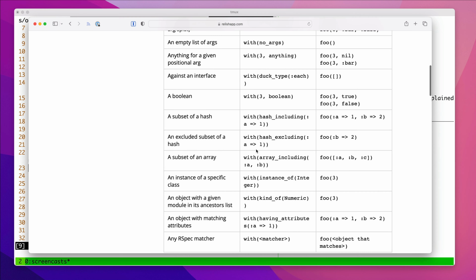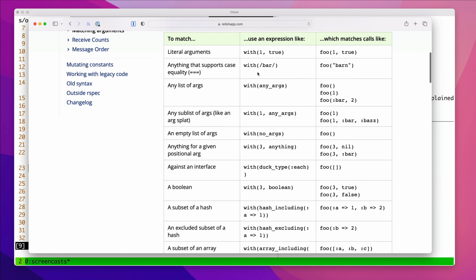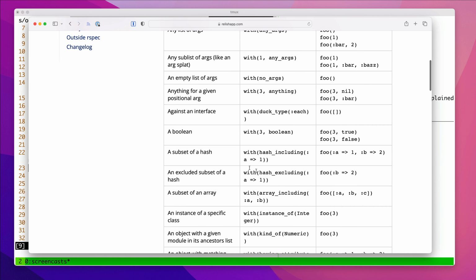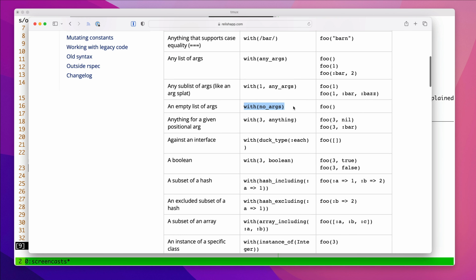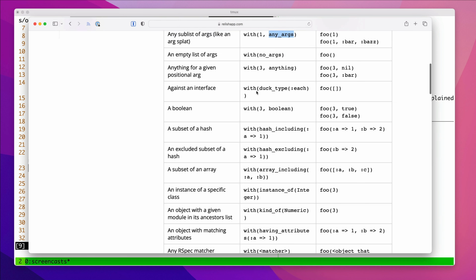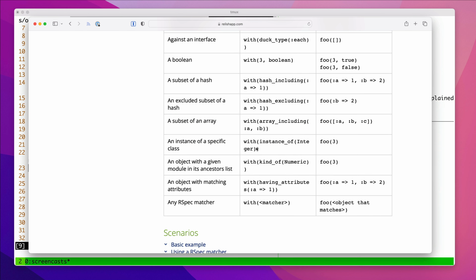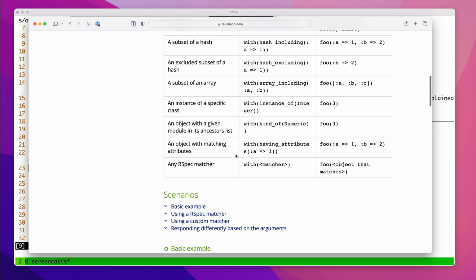You can see on this table on the RSpec docs website all the different ones that are available. You can say with a Boolean but not specify the value. You can say with no args. You can say with any args. And as you get more and more into using RSpec and testing your code, these argument matchers become really useful